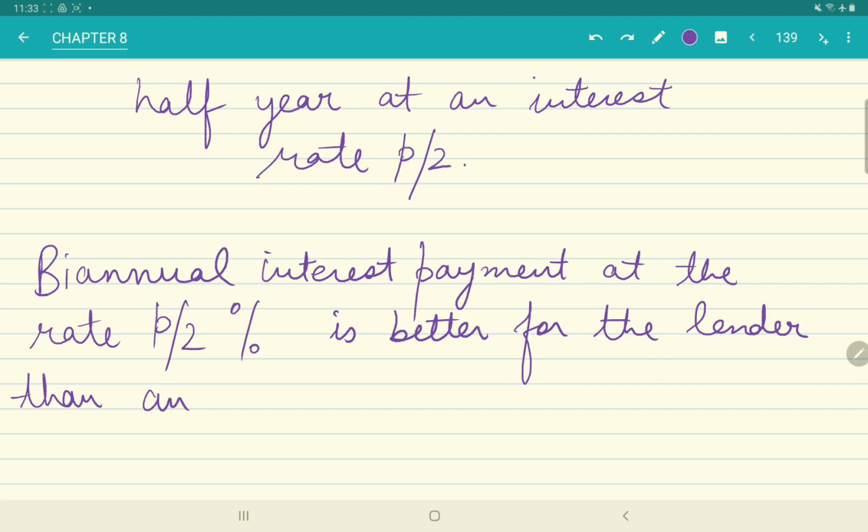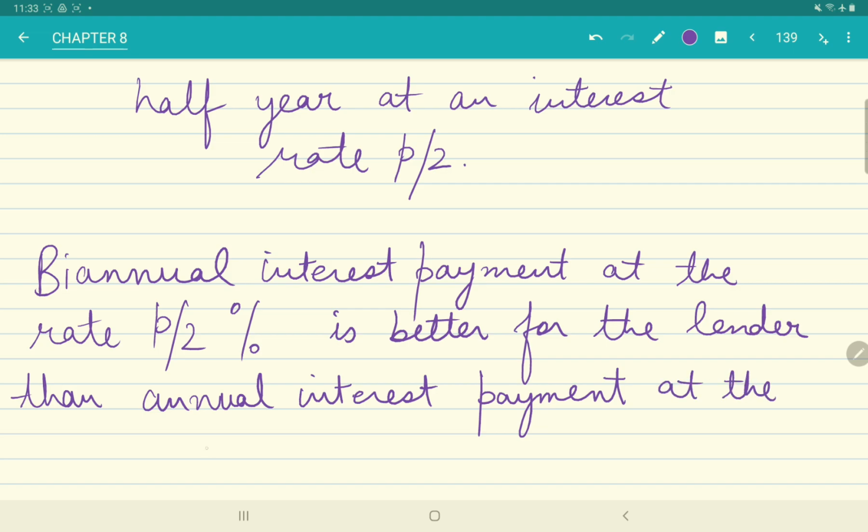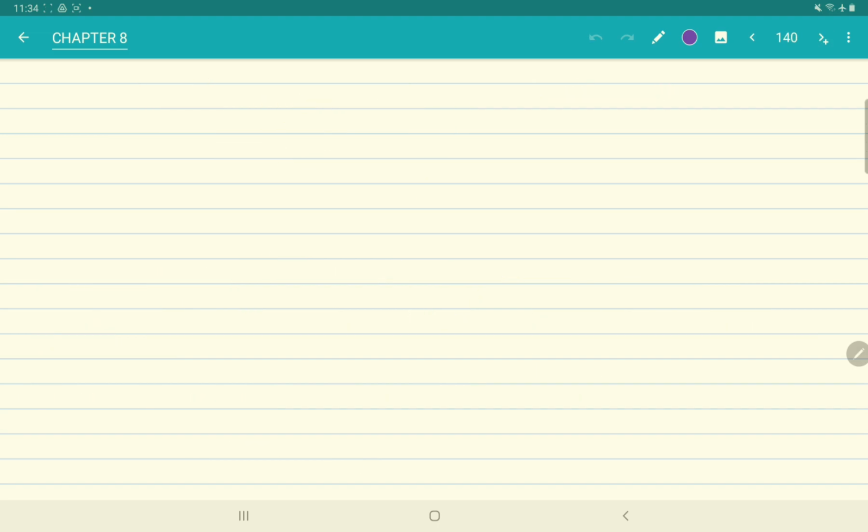It is better for the lender than annual interest payment at the rate P%. And that means biannual interest payment will actually lead us to